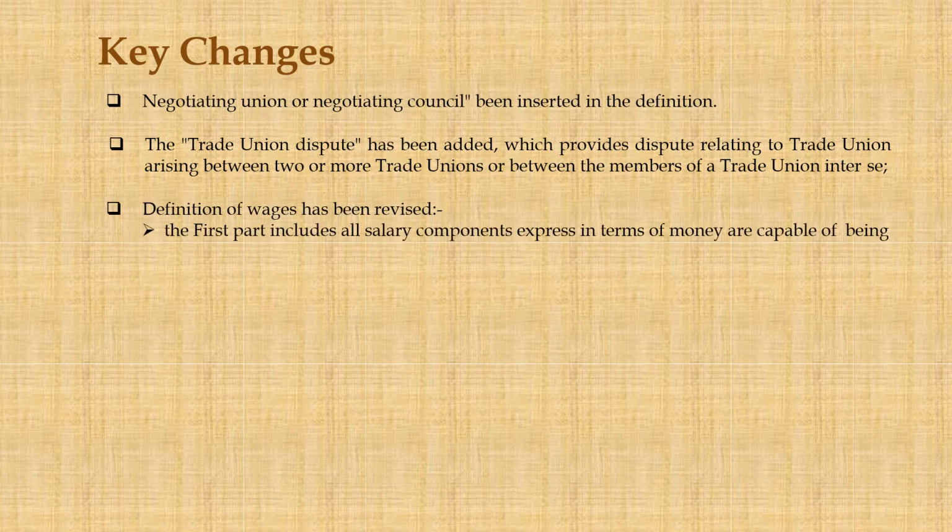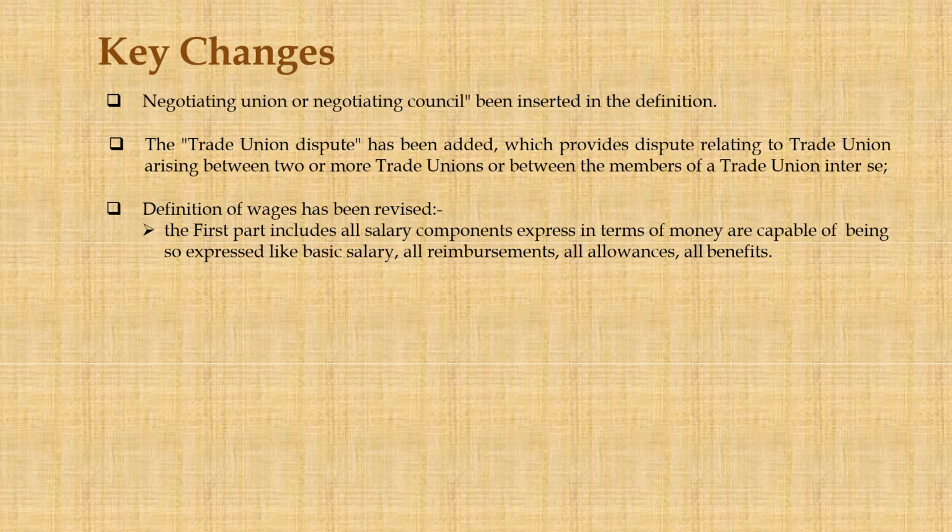Definition of wages has been revised. The first part of the definition of wages includes all salary components expressed in terms of money or capable of being so expressed, like basic salary, all reimbursements, all allowances, all benefits. Second part of the definition provides specific exclusions like bonus payable under any law, conveyance allowance, house rent allowance, overtime allowance,